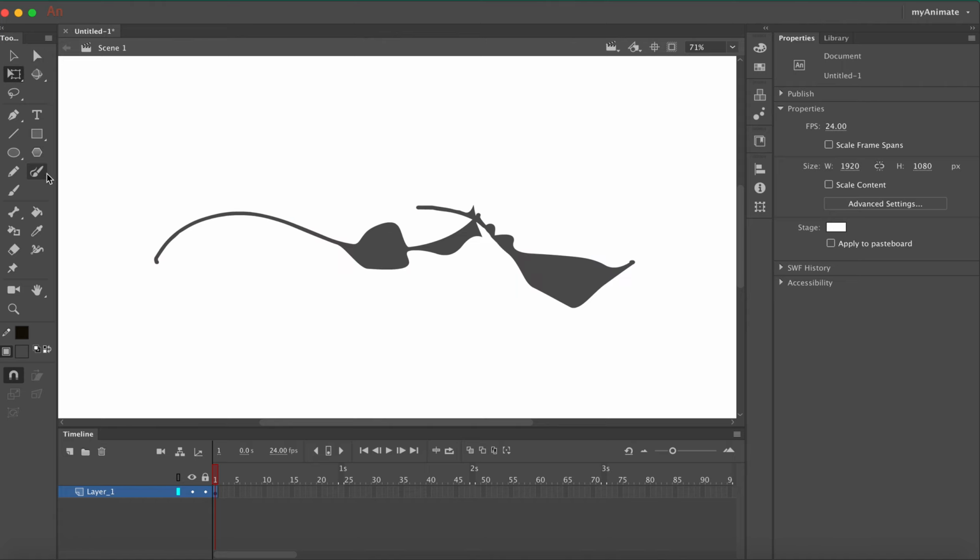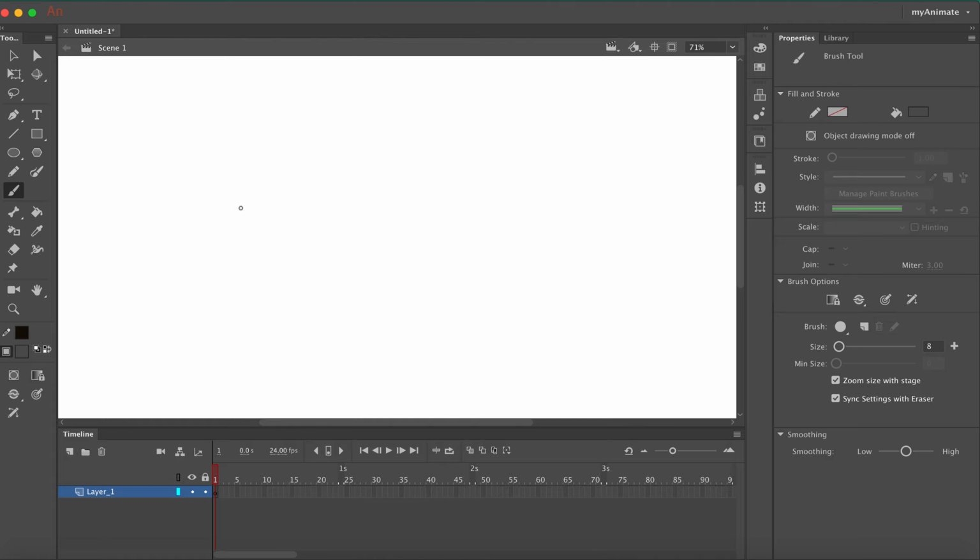So if you look at your properties here, let's just start with our stroke again. And I'm going to turn down the smoothing because I can see that the fan for my computer is just doing the crazy thing, and it might be annoying. So I'm just going to turn down the smoothing option. So let's just